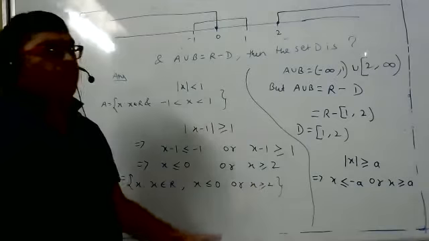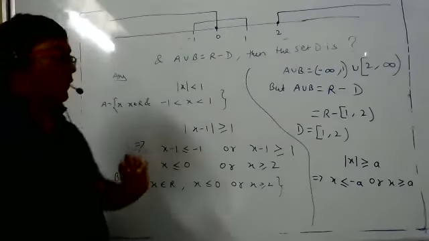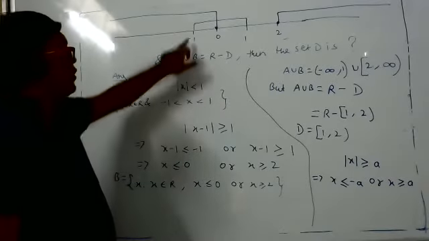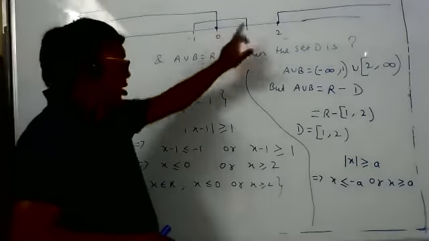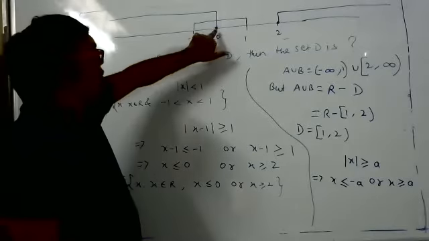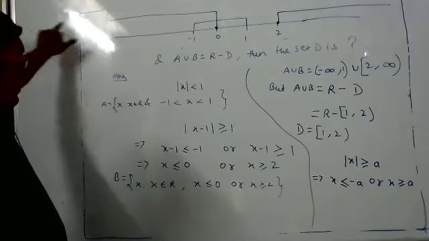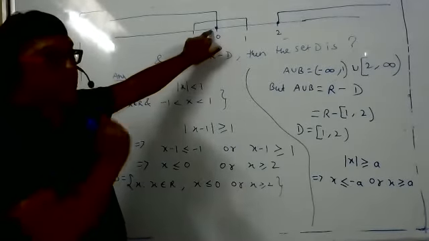So I told you, actually it is true also. If you draw a number line, it will be very easy. So what is x? X is from minus 1 to 1. So I drew from minus 1 to 1. Then what is x in the second case? Less than or equal to 0. So I started from 0, and less than 0 means till minus infinity. 0 is included, so that's why I made it a little bold.